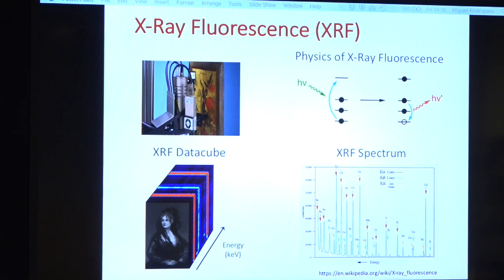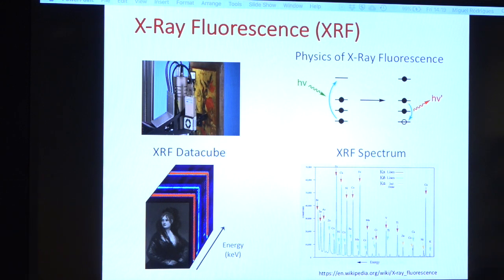Now, this is revolutionizing the study of art and the conservation of art. One of the drawbacks of this technique is that it is unable to capture organic compounds. So it doesn't see, for example, the element